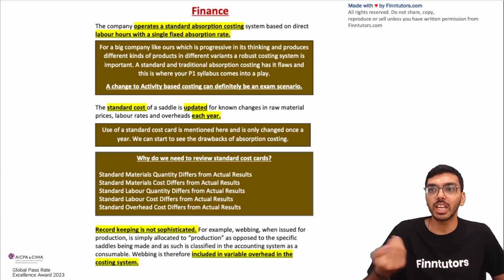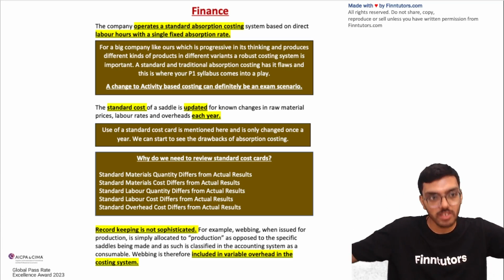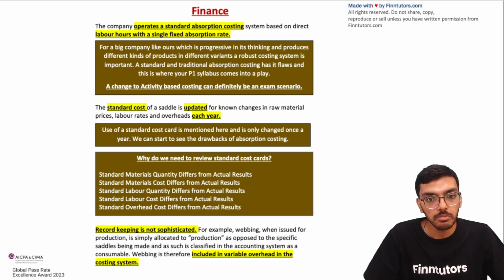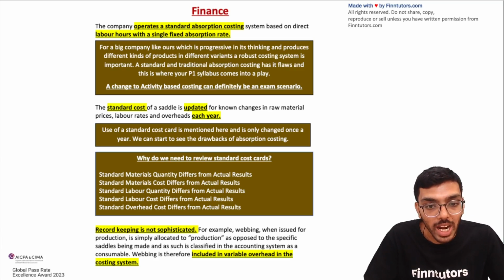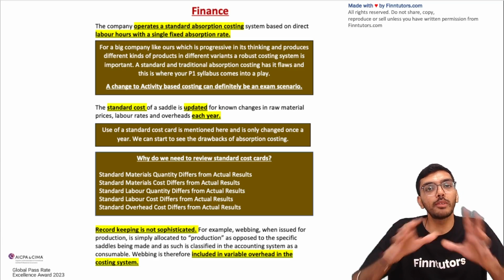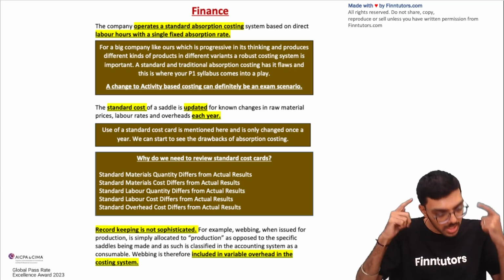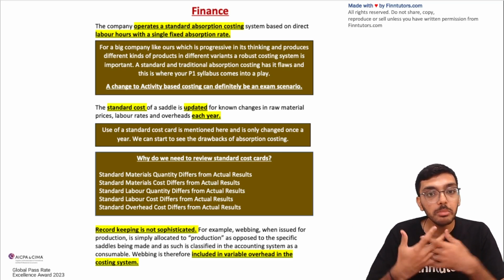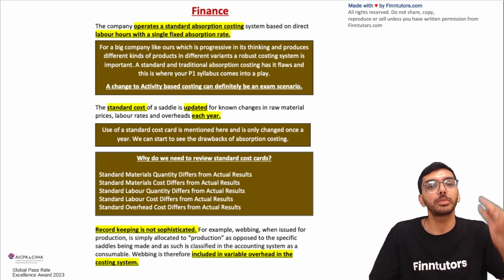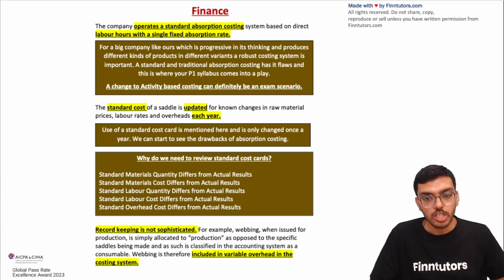There is no breakdown of the variable overhead. Just one heading, overheads. Everything is involved under it. So how do you understand where to improve, where not to improve, what to look at? Now all of those who have done their P1 revision will start to make sense of what I'm saying. That is why I say the first place to start with is revision. For those who have not done the revision, this will feel a little alien because you won't know what absorption costing is. So from the finance perspective, there is a lot to improve for this company.